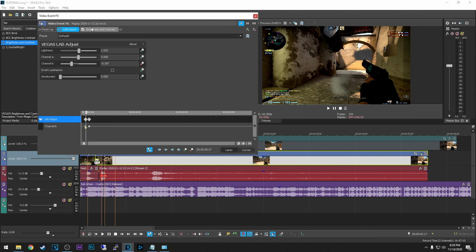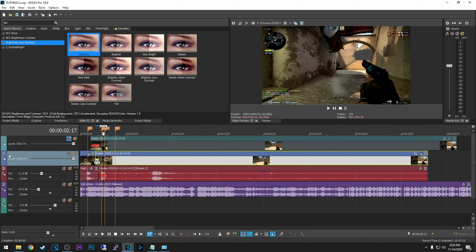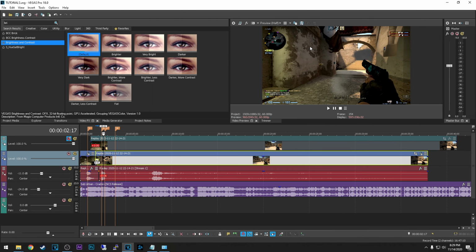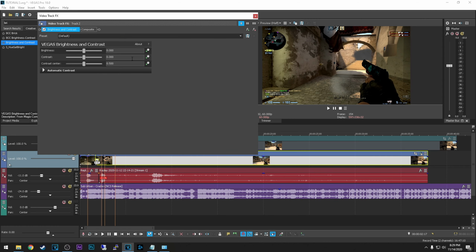If you just want to add some color correction, you can add it on the whole track itself. Right here, either go into track effects and add an effect from there, or do it the simple way and add it by drag and dropping it onto the track.